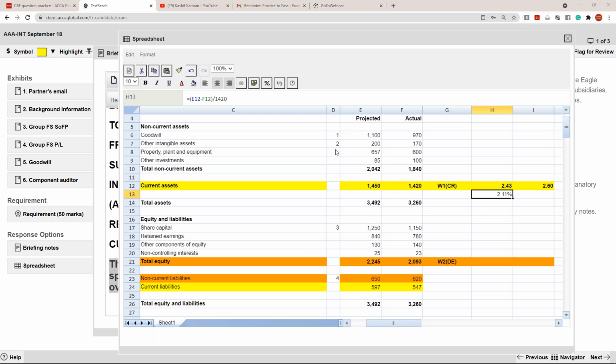Because we are using the computer based exam environment for the first time in the practice to pass, things can become a bit slower because I need to guide you. Last time we were doing the pen and paper exams, so things were very fluent, but for the first time I need to put the practice platform in front of you. I need to guide you how you change between practice platforms, how you change screens. So things get a bit slower, but you need to understand the benefit is for the student to understand things.